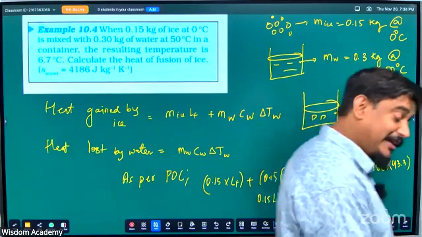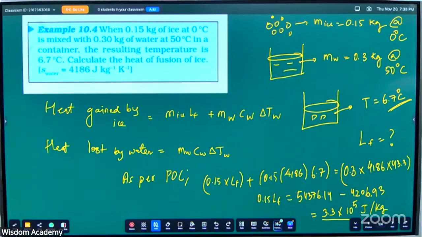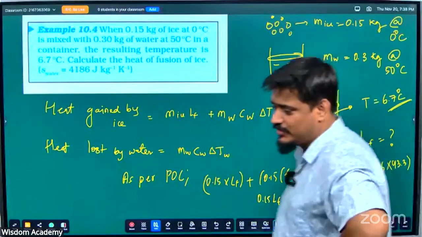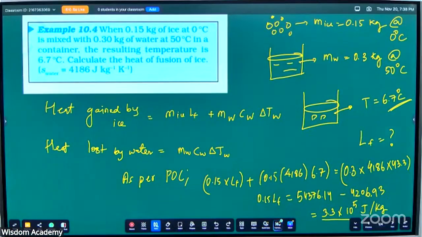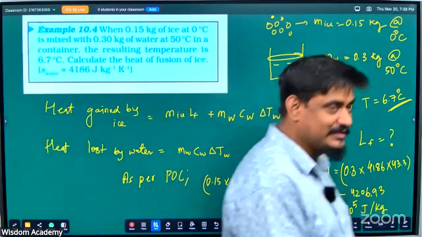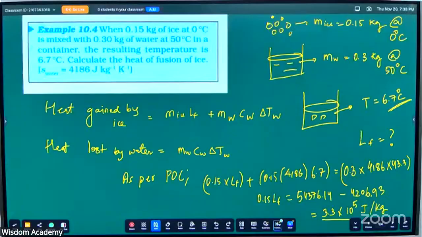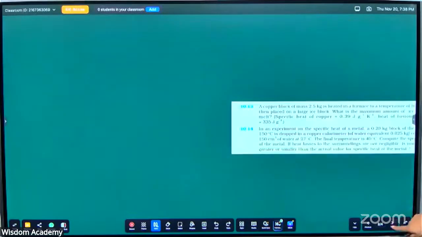And there are very interesting questions in NEET and JEE from this topic. Very interesting questions are there. That will fully check your knowledge of calorimetry. I always like this topic in this chapter, calorimetry, because it makes you think a bit rather than just mugging up and knowing the formula. Right. Shall I go to the next question? Mr. Raghav. Shall I go? Thank you. Yes, next question is this.